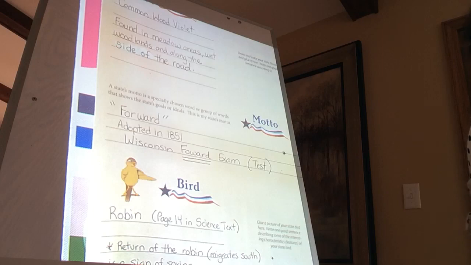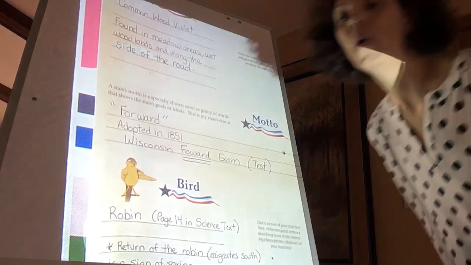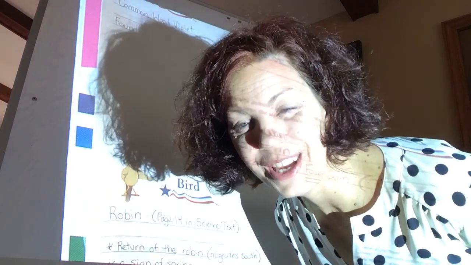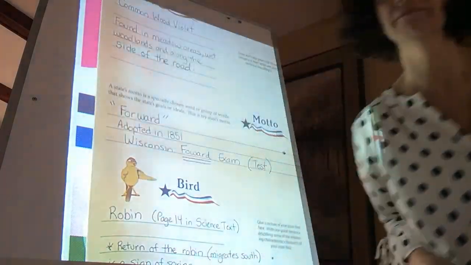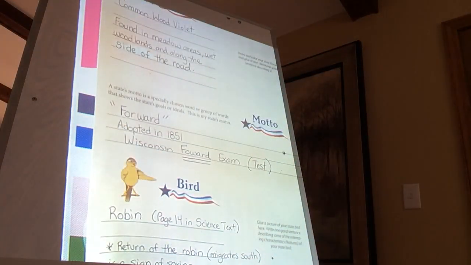Remember how Mrs. B has been talking about that? But now we don't have to take it. Yay! The Wisconsin Forward exam. So we even have our motto in that test. So we can see how our motto